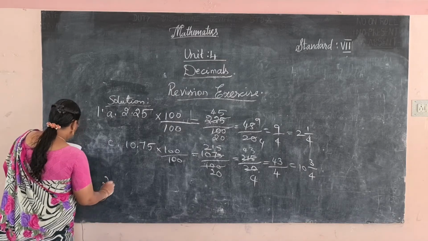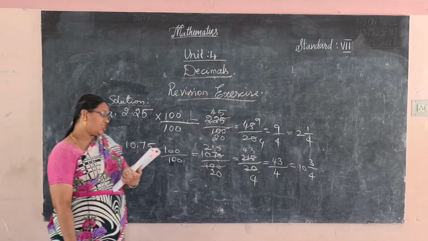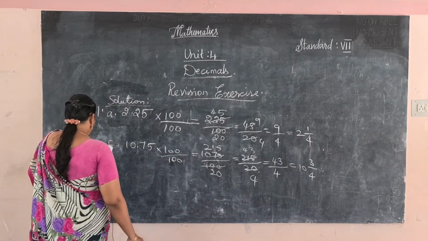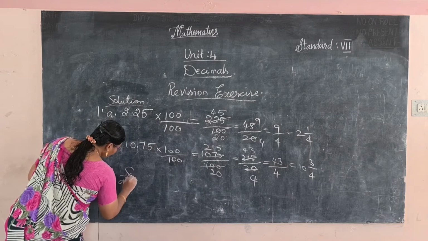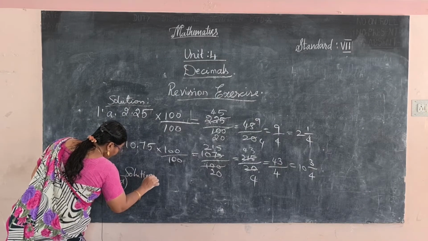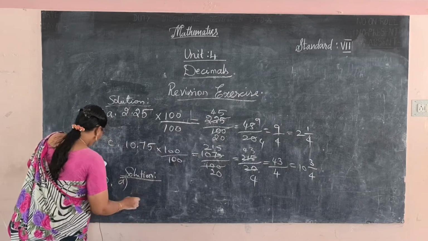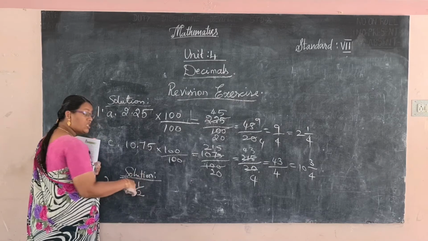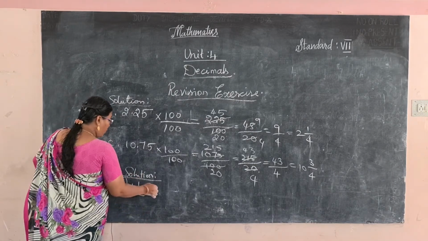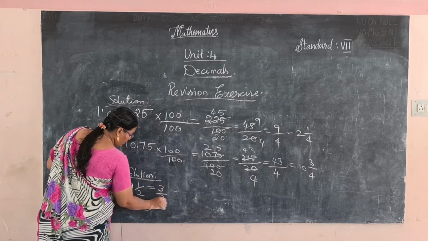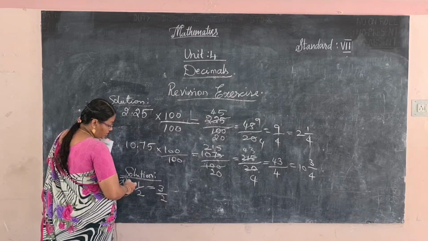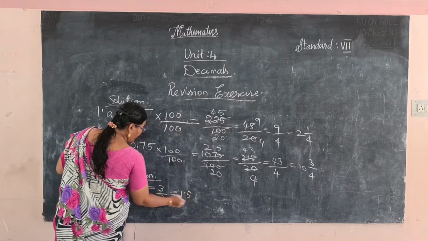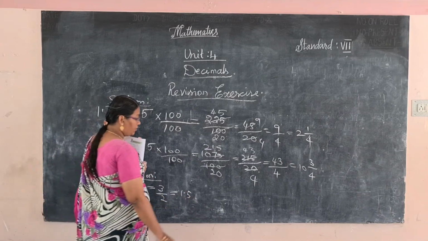And the second one, convert the following fractions into decimals. So first one, 1 1 by 2 is given. It is a mixed fraction. We want to change it to an improper fraction. So 3 by 2. 2 ones are 2, 2 plus 1, 3 by 2. How to find 1.5 using the division method?